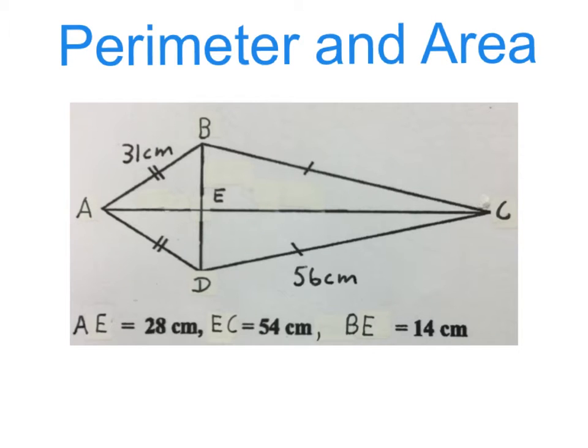Good day. In this video, we're going to work out the perimeter and area of a kite. Before we can start doing that, we must transfer the information they wrote underneath the sketch onto the sketch. They told me that this is 56 centimeters, so that'll be 56 centimeters. This is 31, so this will also be 31. Then I'll transfer the other lengths onto the picture.